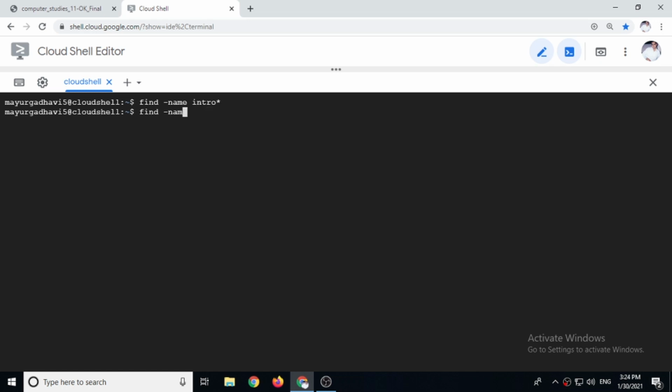But we have written file names using the SNR keyword. So find minus name SNR star. So here you can see in the output it shows India, Gujarat, SNR, SNR1, SNR2. These are the files having the SNR word.